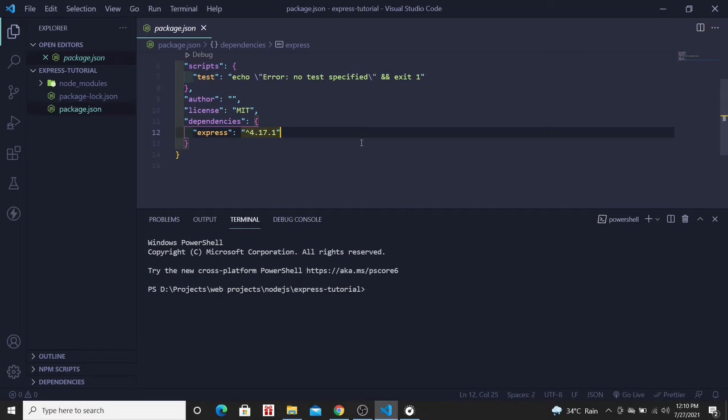Hello everyone, my name is Devashish and today I'm gonna create a web server, a very minimalistic, simplistic web server with the help of Express, and I'll show you how to do it. So to create the web server, first we will create a new file. We will name it server.js, a JavaScript file.